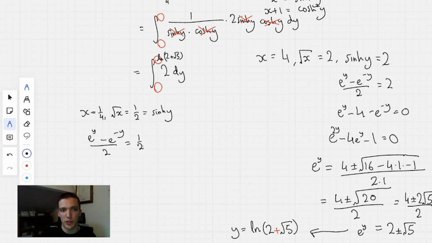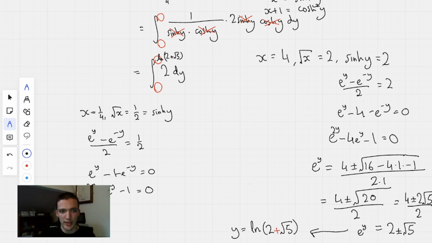Therefore, multiply by 2 and subtract it to the other side. I'm going to get e to the y minus 1 minus e to the negative y equals 0. So e to the 2y minus e to the y minus 1 equals 0. Now this looks a little bit familiar to some of you, I'm sure, but using, again, the quadratic formula, we're